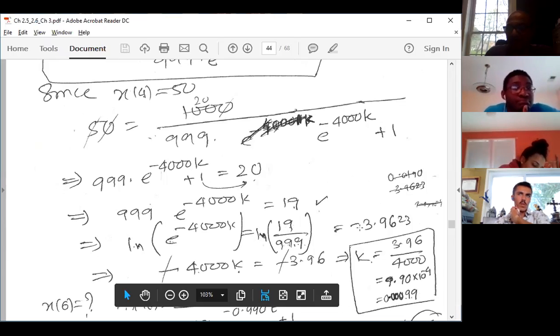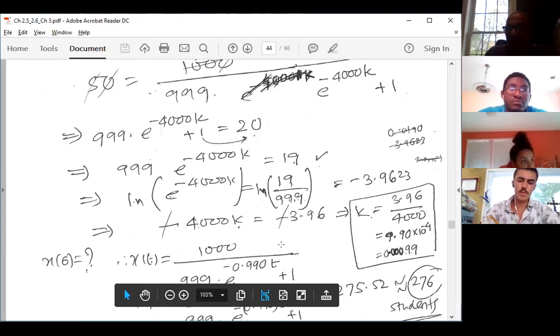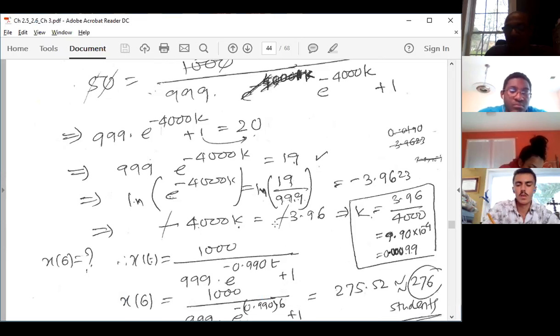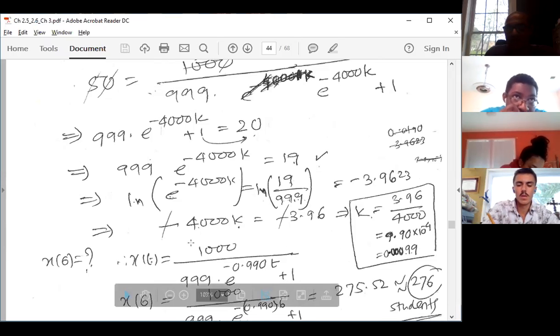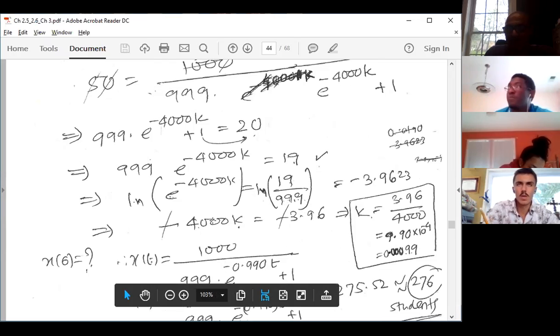Use your calculator and you are getting negative 3.9623. So negative 4000 k equal to, of course, this is less than 1. ln 1 is 0. So less than 1 is a negative number. So negative 3.96. This negative will get cancelled out and you're getting a positive number, because the number of students infected after a few days will not be negative, right? It could be 0, but it won't be negative. Anyway, if you divide by 4000 over here,